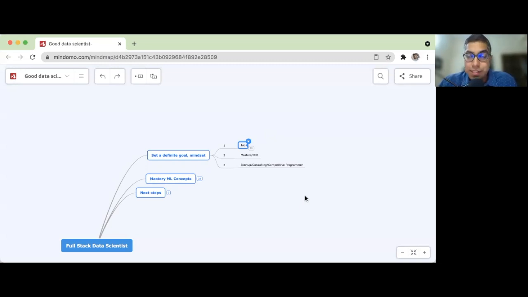Examples of poor goals are: I want a job in 90 days. I want a good job. I want a good placement, or I need a high paying salary. All these are good, they're decent, but they're not something that's going to get you up every morning with that same intensity and ferociousness. You would want to think of a goal that can be written in one tweet or two tweets.